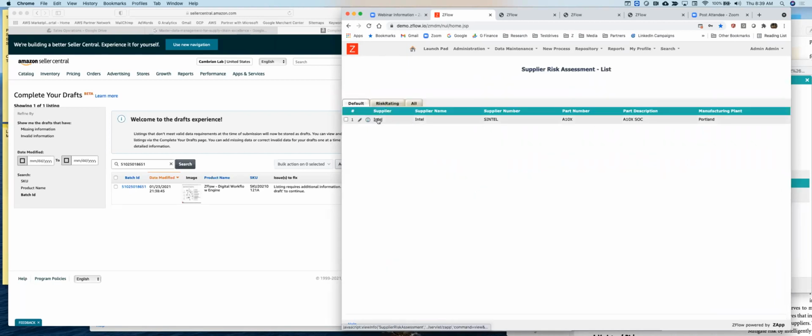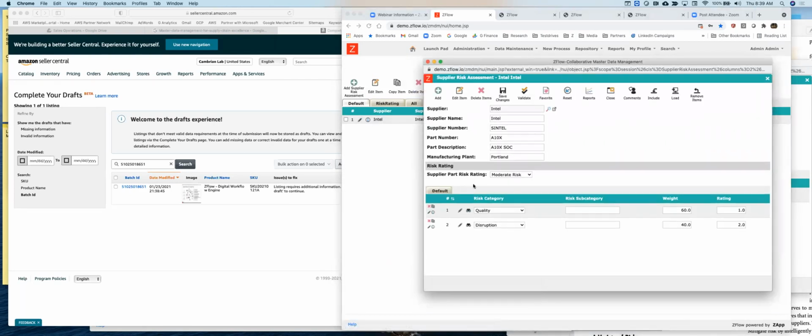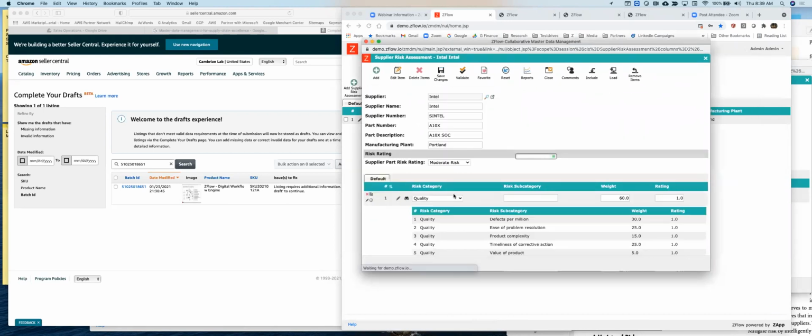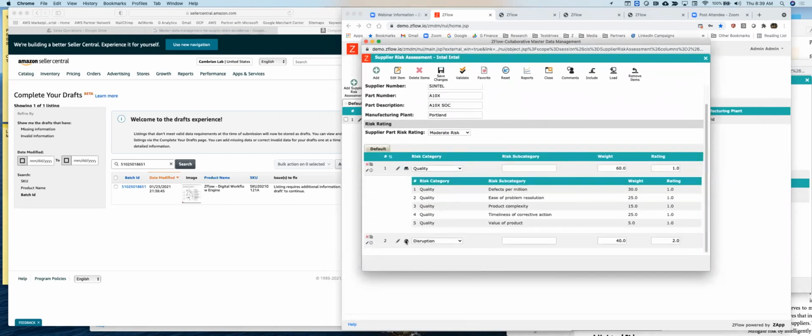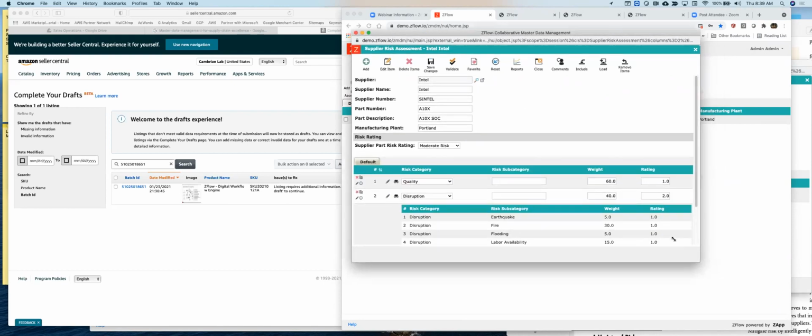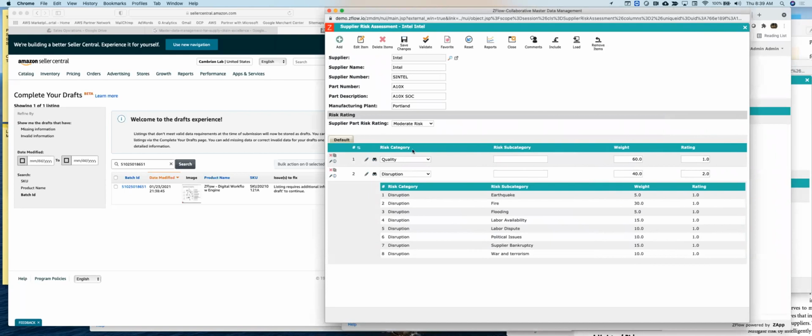So in the case of Intel, we've done a little bit of risk assessment, and there are a lot of techniques to do risk assessments. You can evaluate risk of a supplier, and generally, when you think of a supplier, especially ones providing parts to you, you need to think of a combination of supplier as well as a part. If it were just an MRO supplier, routine items, you can just do risk assessments around the overall supplier